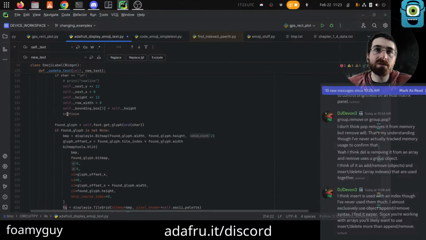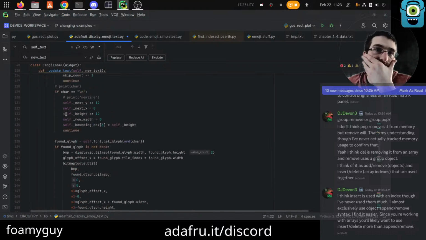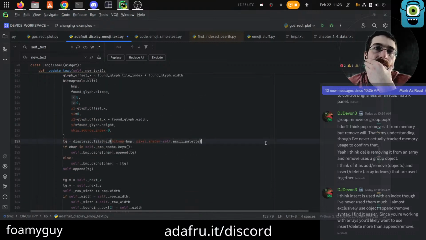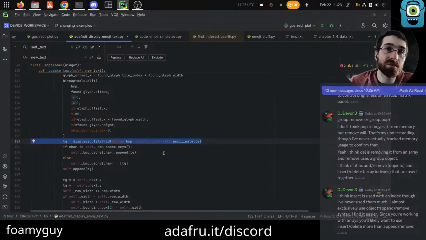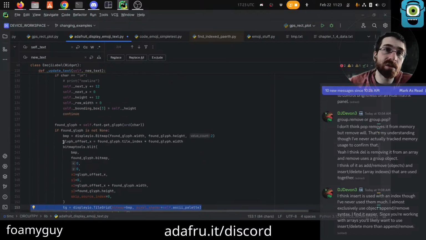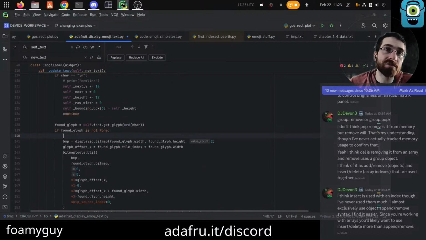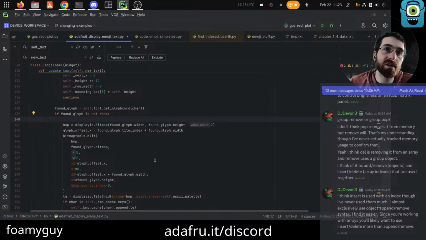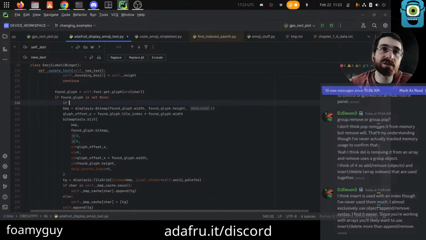Okay, so let's go and say... And one thing is at some point we're going to want to purge the cache, but we're ahead of ourselves. Okay, so if the found glyph is none, then what we're going to say is